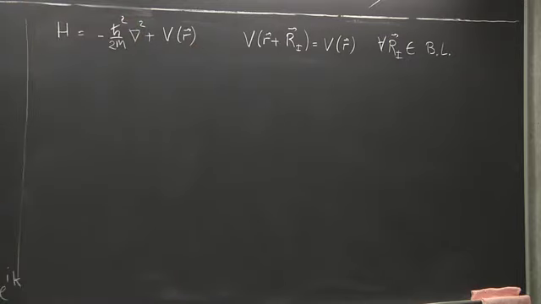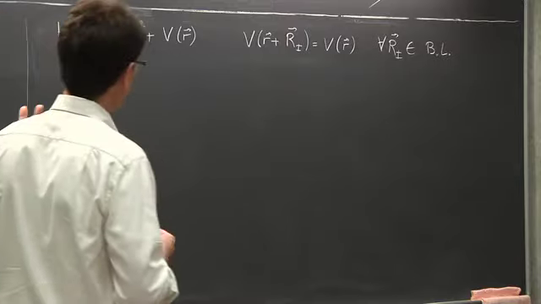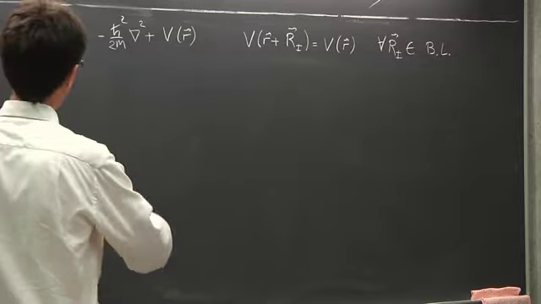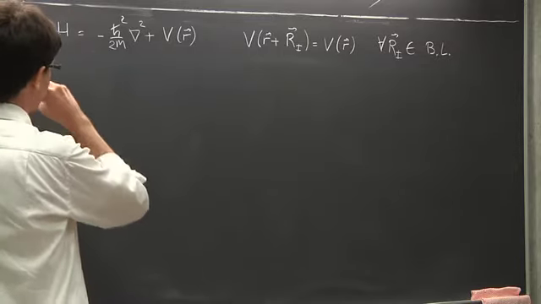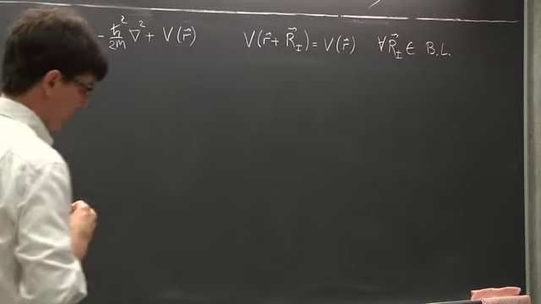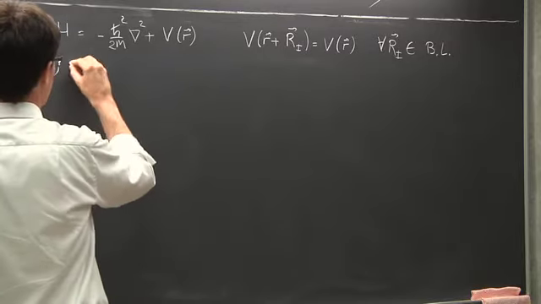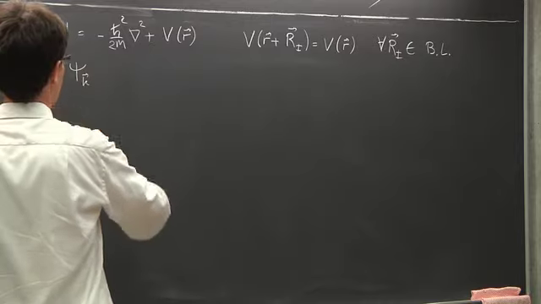What are the properties that the eigenfunctions of this Hamiltonian have? There are 2 important properties. The first one is that solutions psi of k